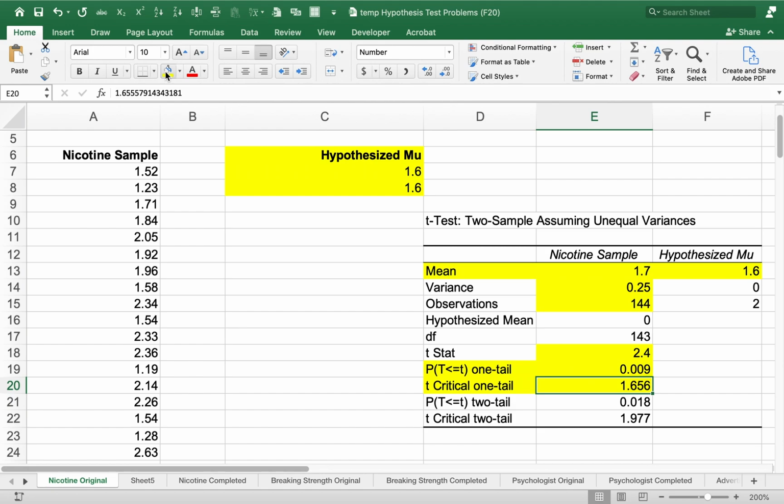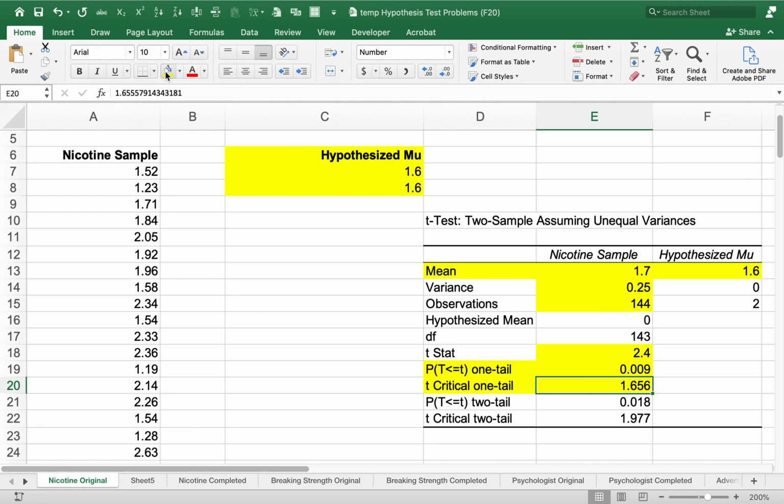1.656. Now, one thing to note about this is that it doesn't specify whether it's positive or negative. It'll always show up as positive. In our particular case, though, the alternative hypothesis was that mu was greater than 1.6, so the critical value was positive